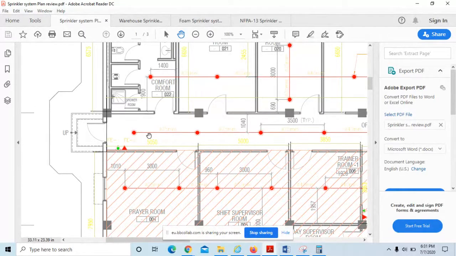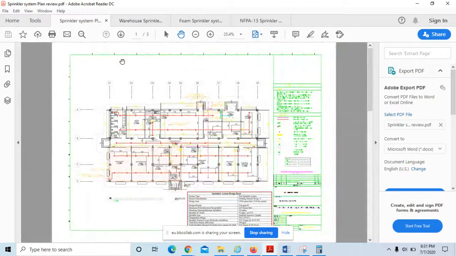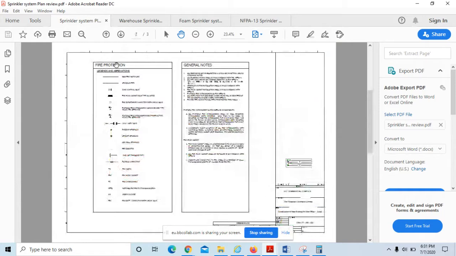Also, you have to get the complete data sheet, right? Data sheet of the sprinkler system, valves, accessories, sprinklers, hangers, and all, along with this plan. Because the plan is okay, but in the data sheet you have to look for the UL and FM approvals, correct size, and all. Also to verify the spacing, the maximum spacing as per the sprinkler requirement.